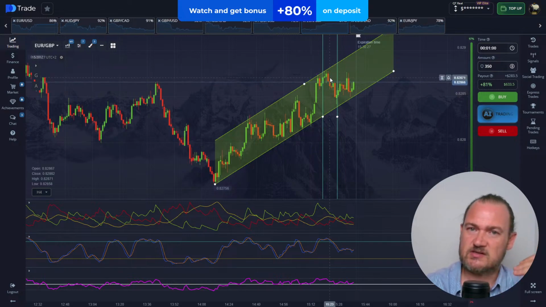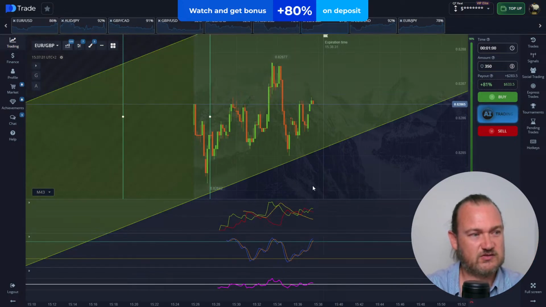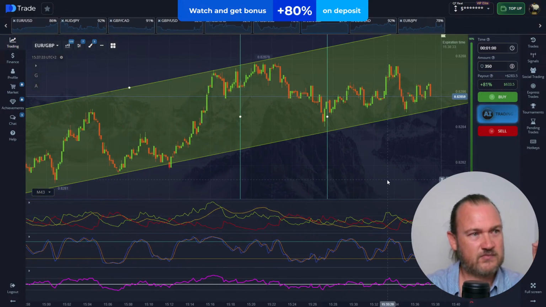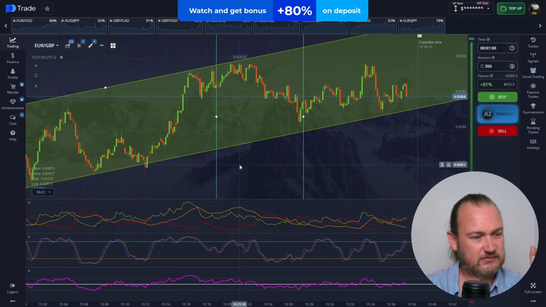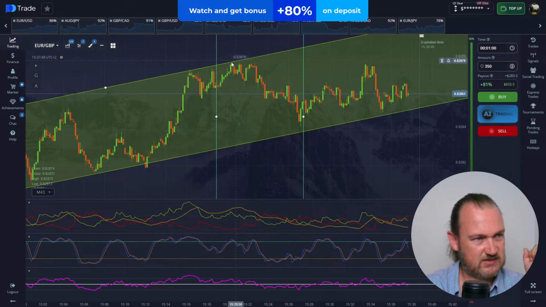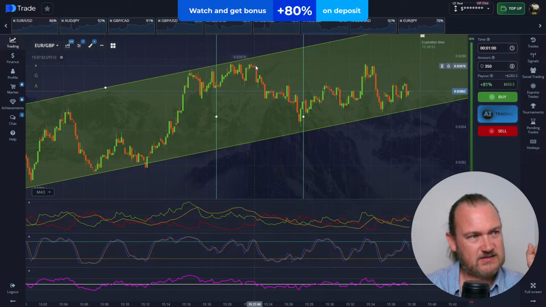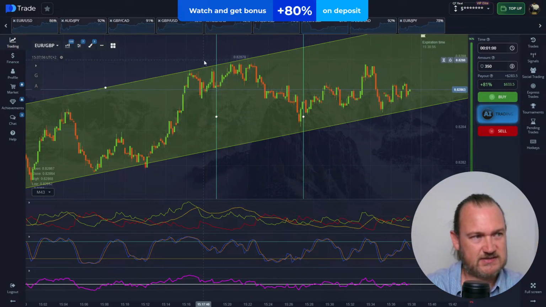But if I switch back over to the 10-second chart, and I start looking at what was happening, I could see divergence here. There was a lovely divergence on the RSI. We did have slight divergence on the stochastic in this area here. So there's opportunities to get trades in,